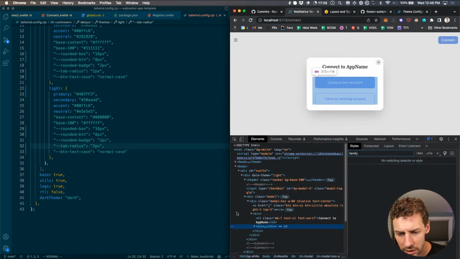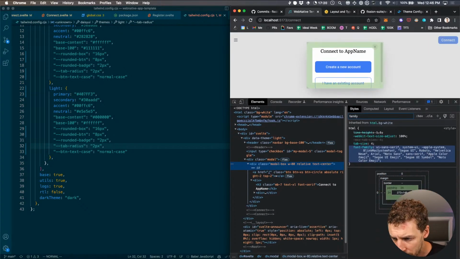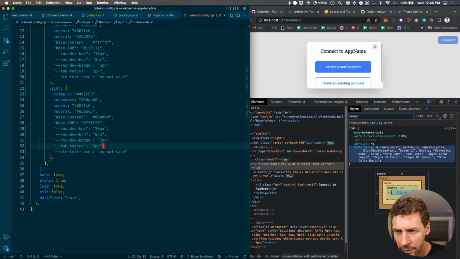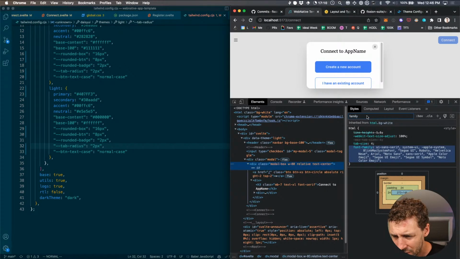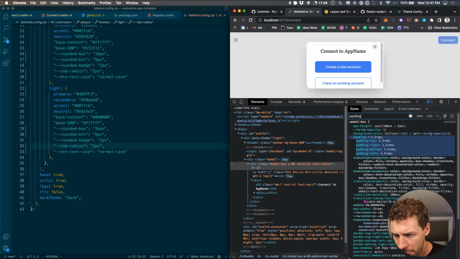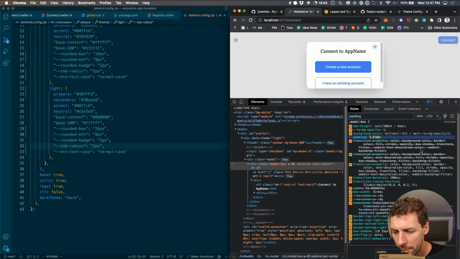So we'll right click in here, go to modal box. We'll scroll through here. I would assume that's going to be our padding, which looks like it's 24. And padding here is 32. So let's see where the padding is coming from. Padding is defined at the Daisy UI level, and there's no variable that it's referring to that we can customize. So we're getting a 1.5 rem padding. If we bump that up to say 2 rem,